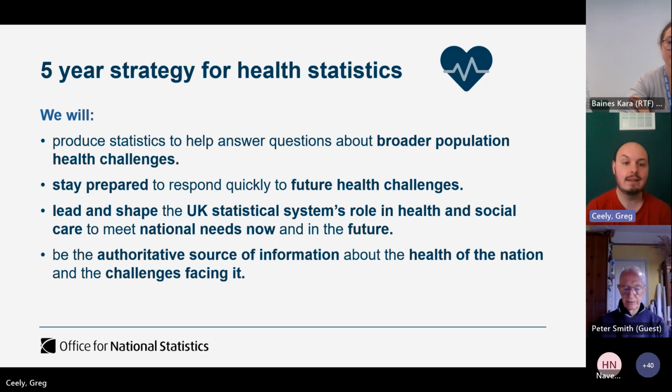And again, we're looking to lead and shape the UK statistical system's role in health and social care. And this means ONS takes more of a role in health. Yes, there are departments that focus on health directly, such as the Department of Health and Social Care. And when the health index was initially proposed, a governance group featuring the ONS, DHSC, and the Cabinet Office was put together to determine how the health index should be taken forward. And that group agreed that ONS was the best candidate for producing the health index, as our status as being a non-ministerially led government body meant that we could ensure the health index remained independent of policy pressures in measuring health over time.